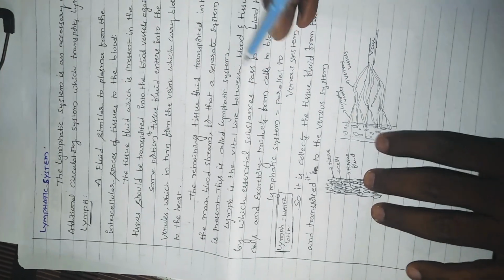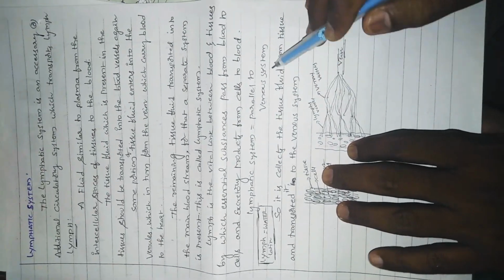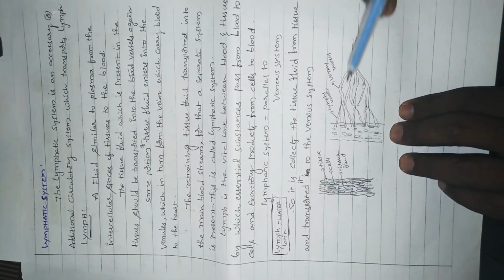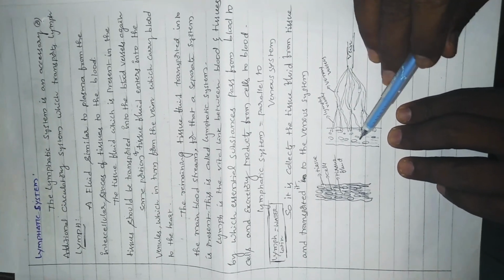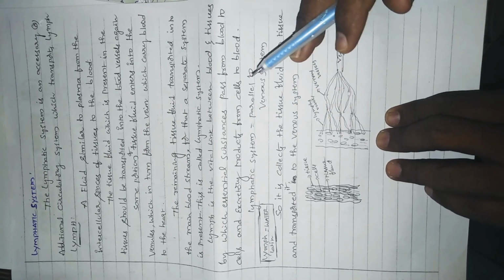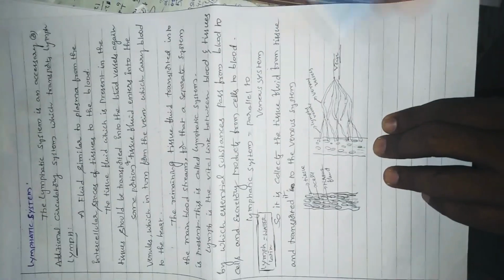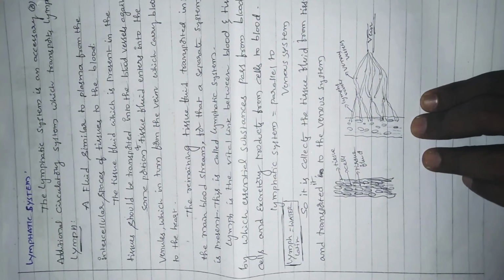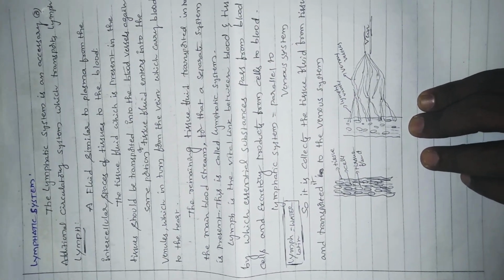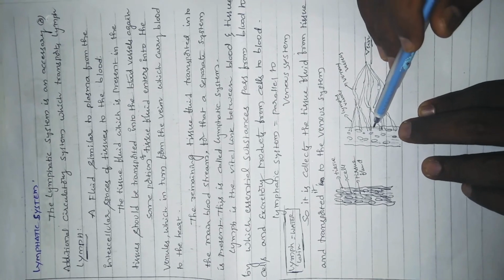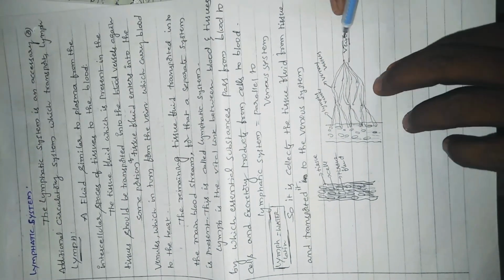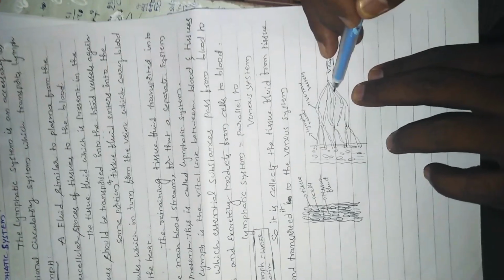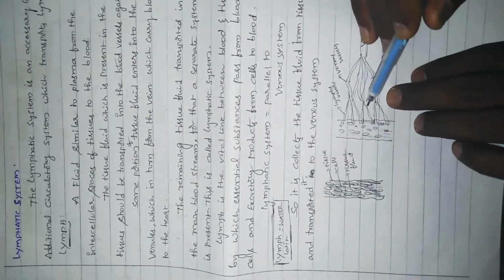Particularly, you observe that the lymphatic system is a parallel system to the venous system. If you observe the diagram here, we already learned that arteries end with arterioles. Arteries are divided into arterioles, and arterioles are divided into blood capillaries. Blood capillaries are connected to the cells in the tissue. Of course, veins are also formed from blood capillaries. Veins are divided into venules, and venules are divided into blood capillaries.